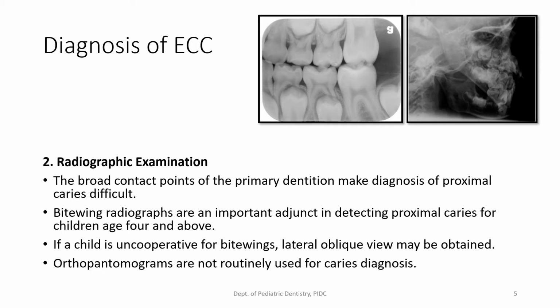Once we have done that, there will be certain areas which will be very difficult for us to visualize clinically, and a typical example is your contact points, and we know that contact points in primary dentition are quite broad, and you really cannot see what is under them. So it is always a good idea to take a bite-wing radiograph to aid your diagnosis of early childhood caries and detect any proximal caries. This is a radiograph which will show the contact points really well, so you don't miss out on any interproximal caries.